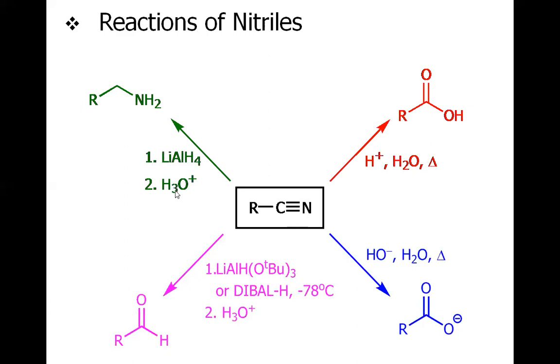So you could see with the change in the nature of the reducing agent, we have different products. For the lithium aluminum hydride, we have the primary amine, but for the DIBAL, we have the aldehyde. And if we treat with organolithium or the organomagnesium, followed by the workup, we will have the ketone as the product. So that's all for the synthesis and reactions of the carboxylic acid derivatives.